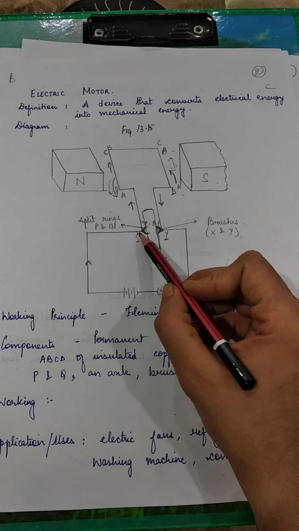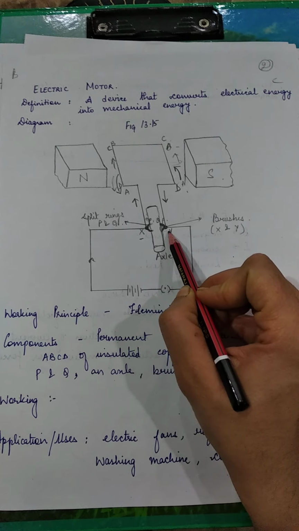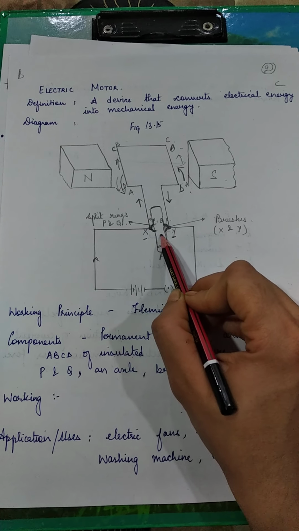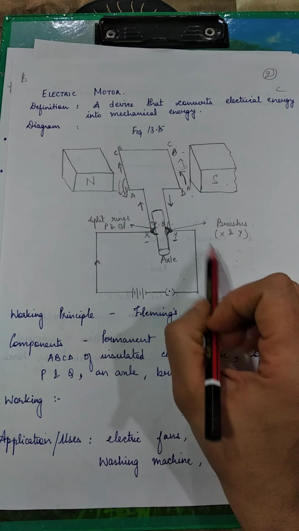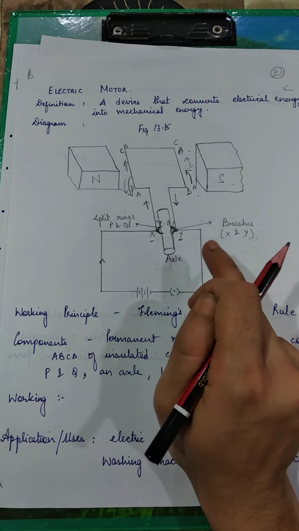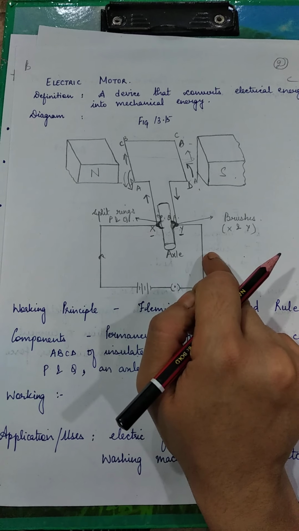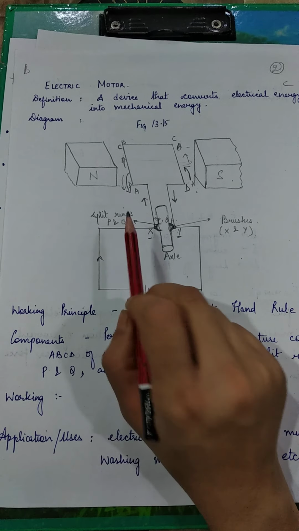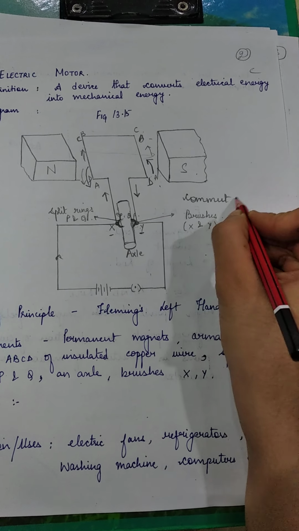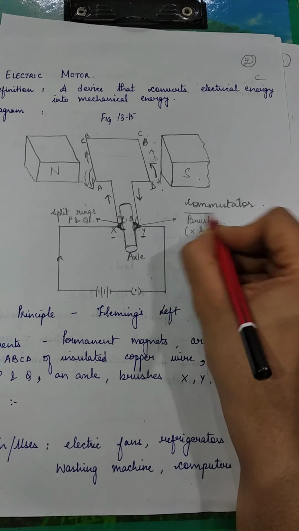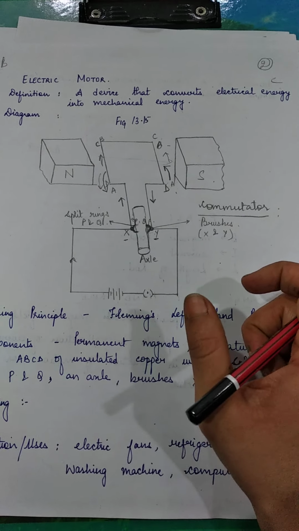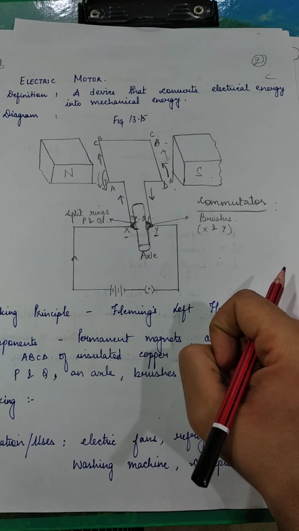So the split rings here that are used, what is the role of the split rings? The role of the split rings is that it helps in the reversal of the direction of current, or it reverses the direction of current in the circuit, right? So that's why these split rings are also known as commutator. So what is the function of a split ring? Split rings help in the reversal of the direction of current, and for this purpose they are also known